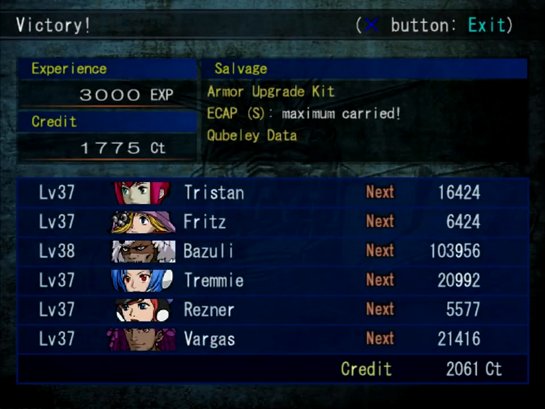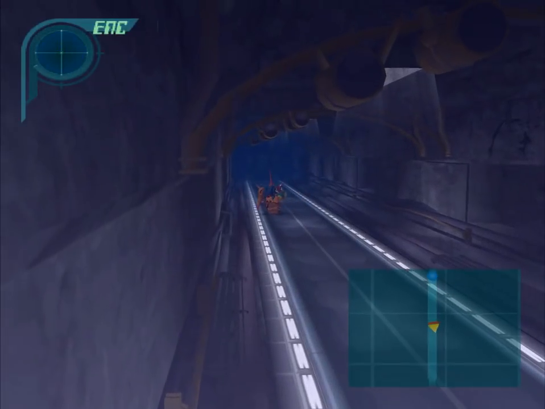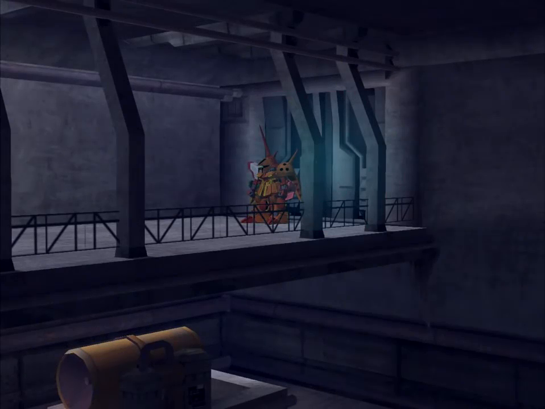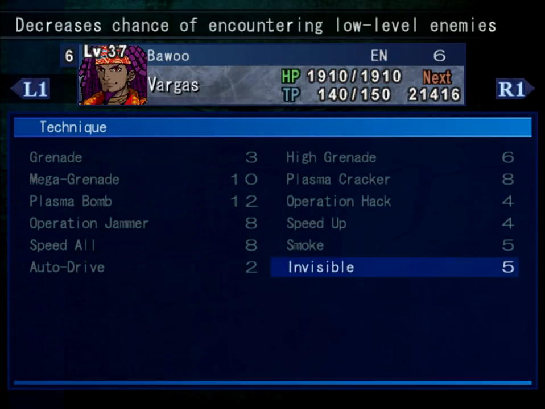Armor upgrade kit and some Cubile data. Are you shocked that we can get a Cubile? Because we can. Will we ever? Probably not, to be honest. Pretty useful for Aeon if, you know, she wasn't gone. And we don't get her till after the game's over, so...